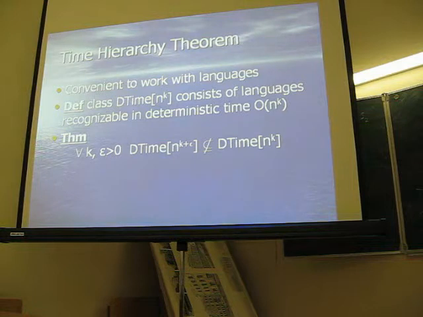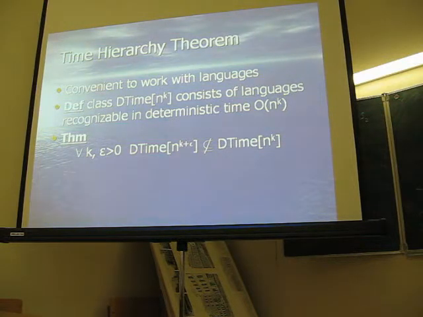So let me switch to this theorem. First of all, I have to say that it's much easier to work with languages rather than with functions. In the mathematical part, we had matrix multiplication. It was a function: we have two matrices and we have to compute another one. But now let us consider those functions that output either 1 or 0. So we are going to work with predicate functions, or equivalently with languages.